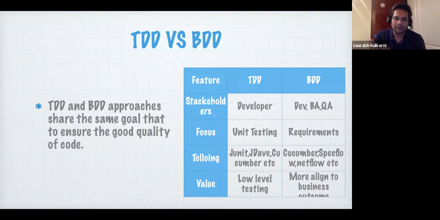So when we see the demo now, we will see it with JUnit and Cucumber only, and what value they are adding. Like I said, TDD is very low level. So the developers are happy and familiar with it, and they have a hold on that. But BDD is also adding value from the business perspective, because they are onboarding the BAs as well into this process. So BDD also makes a value addition here, in addition to what the TDD offers. So I would say BDD is the next step of the TDD.